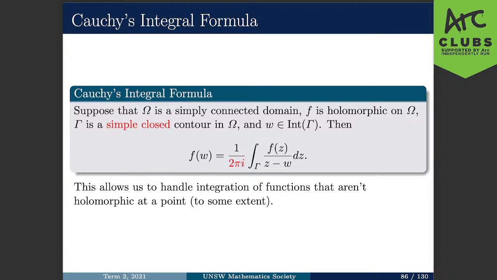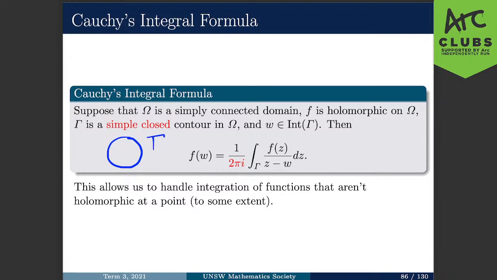So this is saying that if we have some simply connected domain, remember from yesterday that simply connected just means that we don't have any holes in this domain. Then if f is a holomorphic function on omega, so if f is differentiable everywhere, and gamma here is a simple closed contour. Remember a simple closed contour means that it starts and ends on the same spot, so it's closed, and it's simple, meaning that it doesn't cross itself. So if this is my contour gamma,